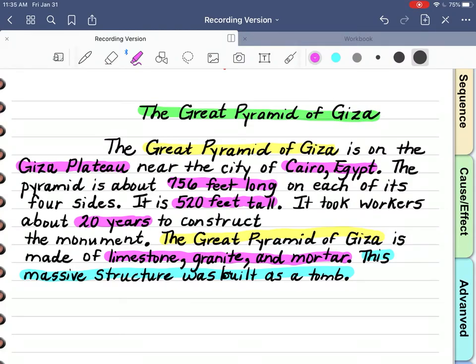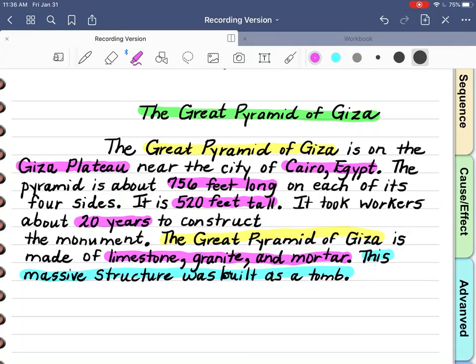And this one is pretty well annotated. I've got my topic, I've got my main idea, I've got my details for that one key word or phrase, and the structure of this paragraph is informational. The reason they wrote it, or the reason I wrote it, is to tell you facts about this one subject. So the structure would be informational, facts and details.